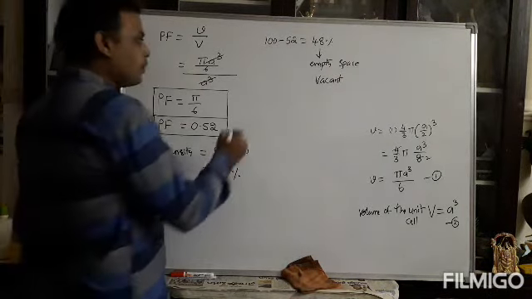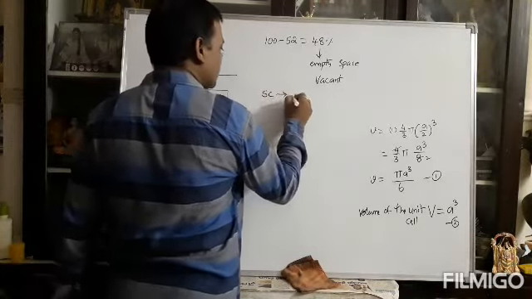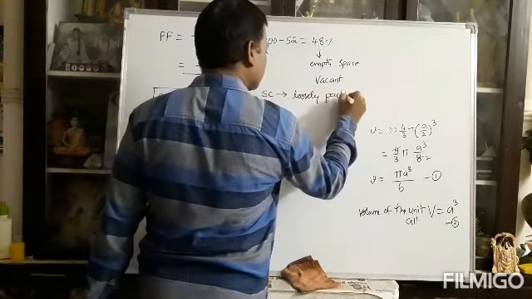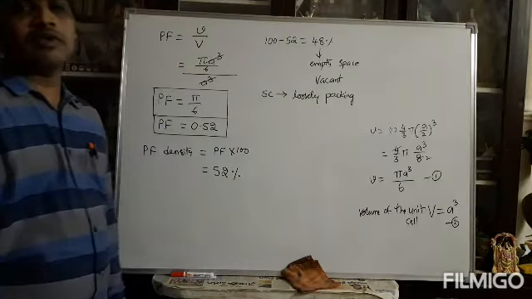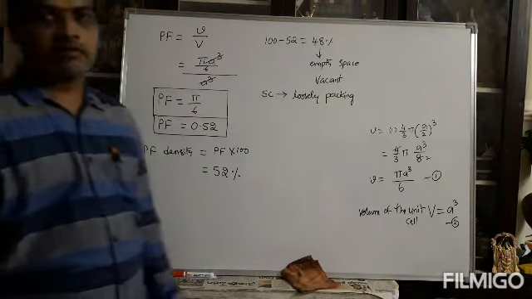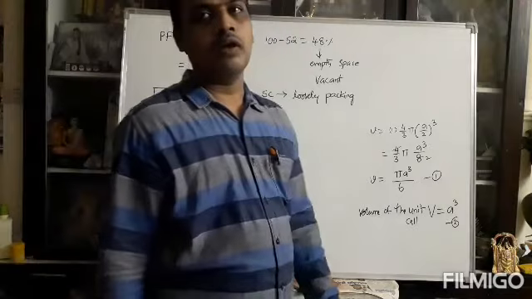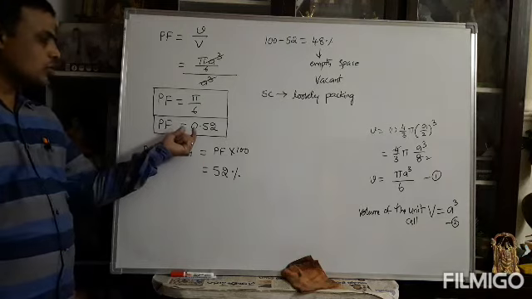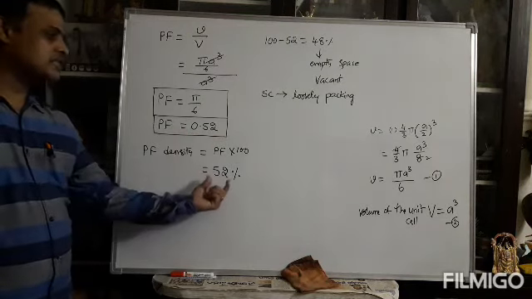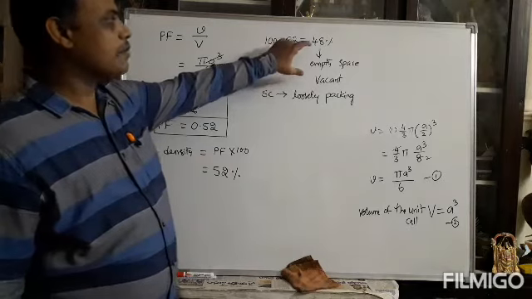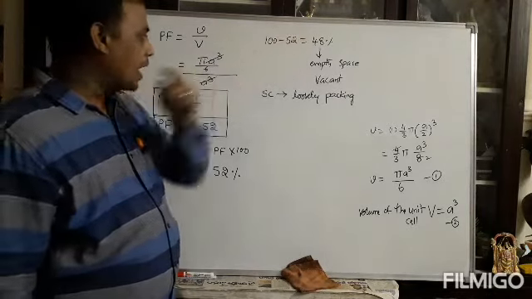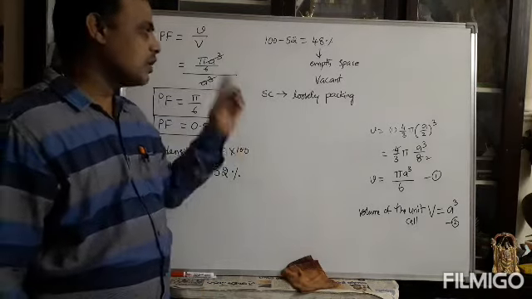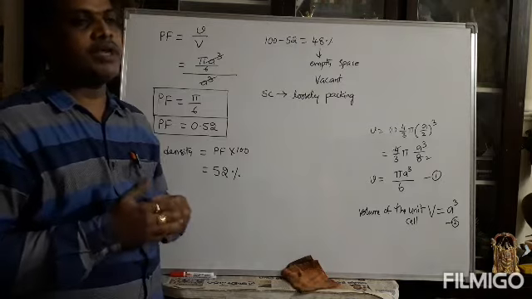So the simple cubic structure is always loosely packed, which is the weakest packing factor value. So this is the loosest packing factor. This value is approximately 0.52. The packing factor density is 52%, and the remaining 48% is empty space. So the loosest packing of a structure is always equal to the simple cubic structure. That is called the packing factor of a simple cubic structure.